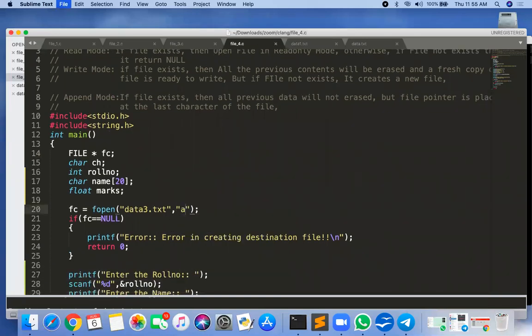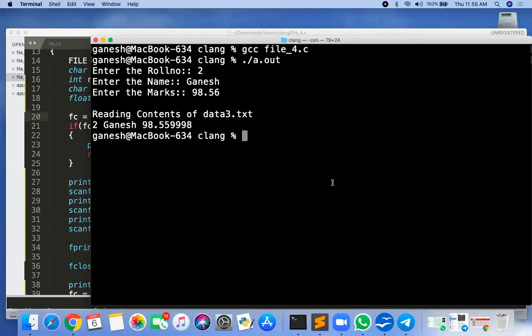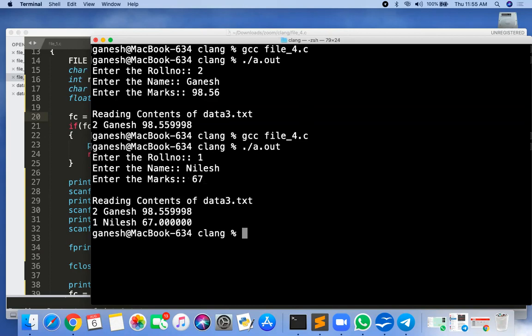Suppose if I'm opening the file in append mode, then compile, run it. So I'm entering another data, Nilesh 1, Nilesh, and suppose 67. Are you getting? Two data my file is having.